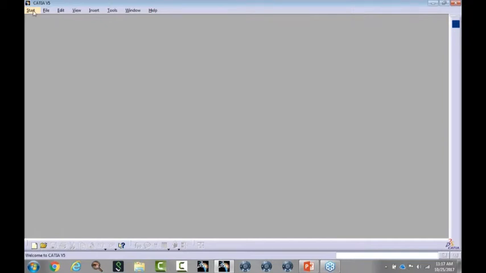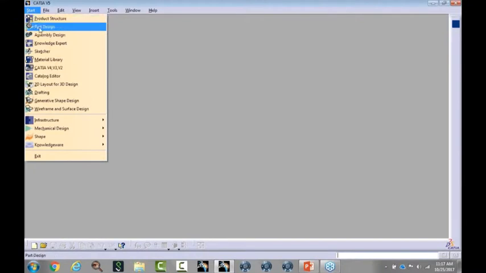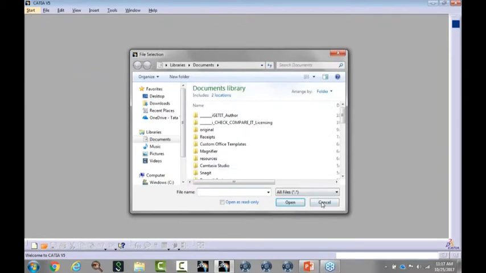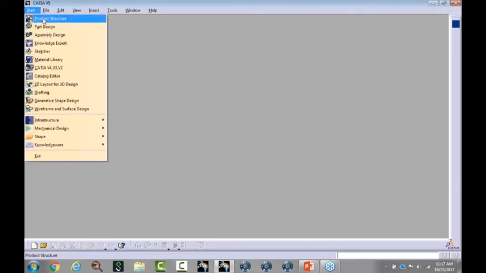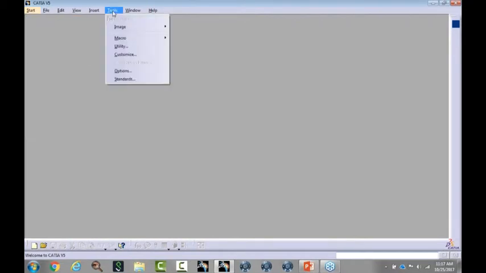And I'm going to go to Start, and here's all these guys that were presented to me as a result of the license that I am currently using. Well, I don't need all those. I do assembly design, I do part design, and I do generative shape design, and that's all that I do. So if I go to Tools,